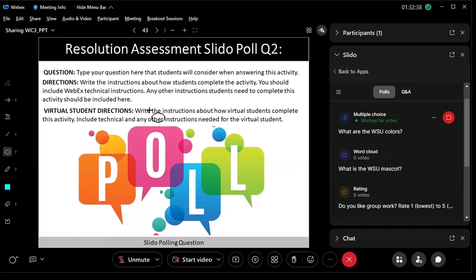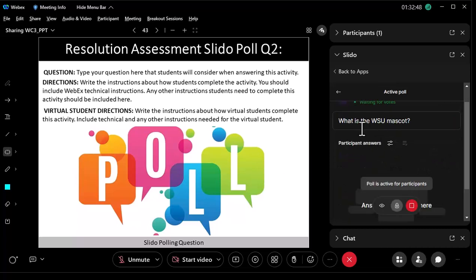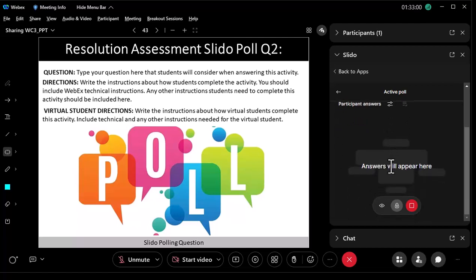This next slide will have the individual next question, the individual directions, the individual answers, and we will launch this one. What is the Wright State mascot? The main PowerPoint slide will have the same information, and if there are multiple choice answers, participants will type in the answer, and then you will open for voting and close it for voting. You need to have a couple in there. So that is your Slido.